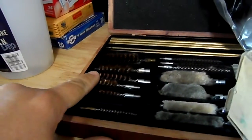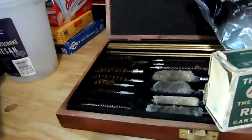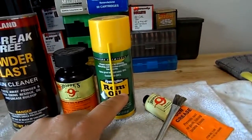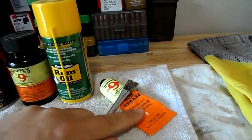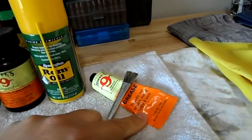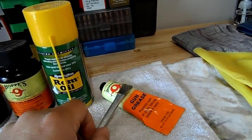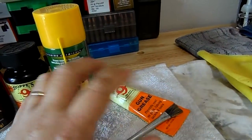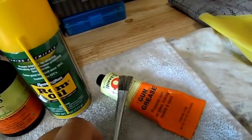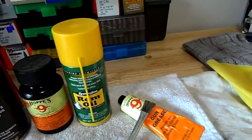Don't be afraid to use your phosphor brushes. You guys go ahead and use the brush. And then for final lubrication, I do a little bit of Rem Oil. If I'm going to store them in the safe for quite some time without shooting them, I will use the Hoppe's grease on there and give it an overall light coating of the grease. I guess it's kind of like a modern day Cosmoline maybe. But